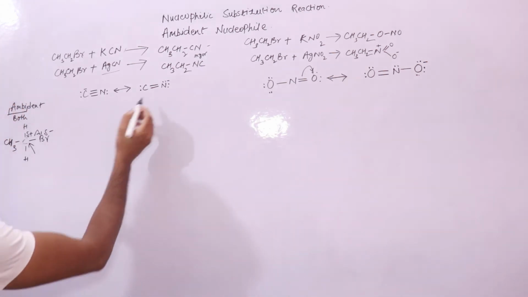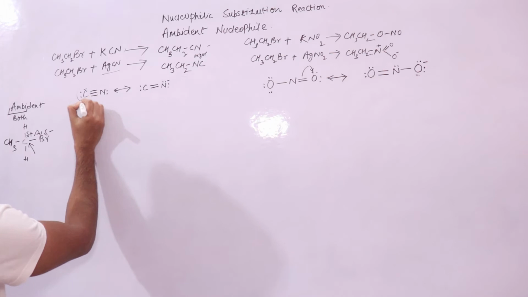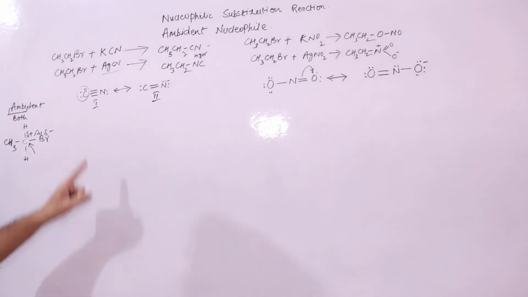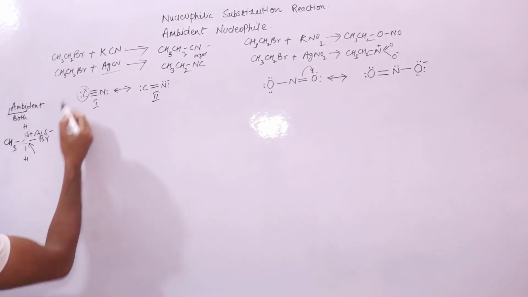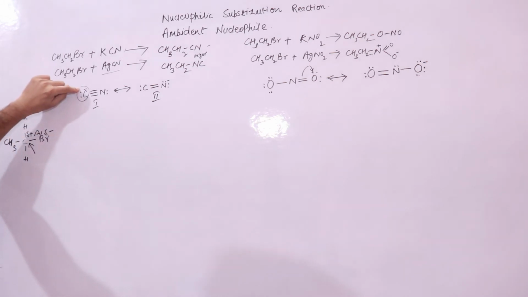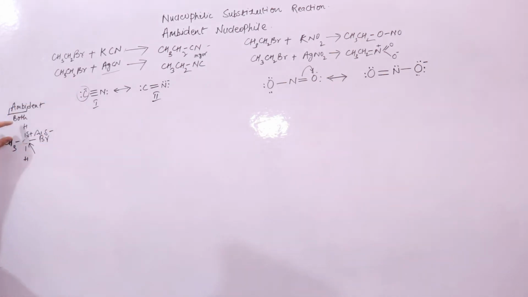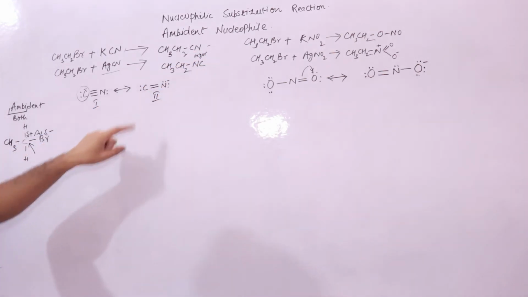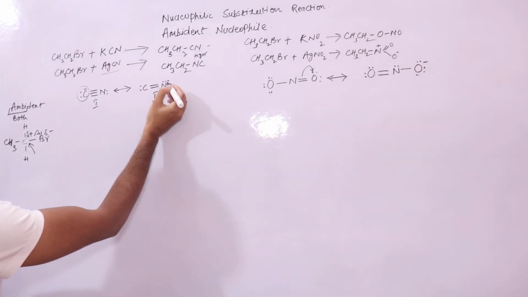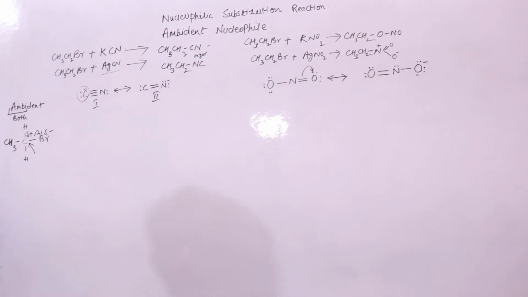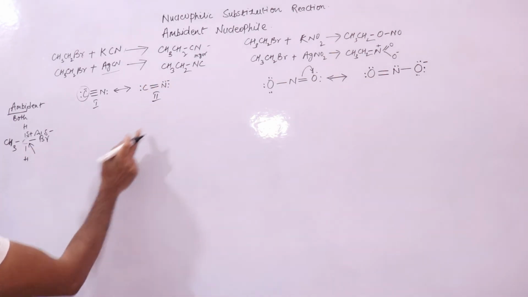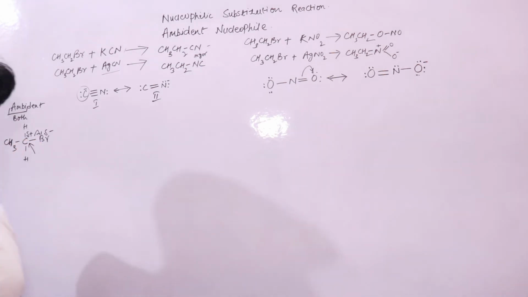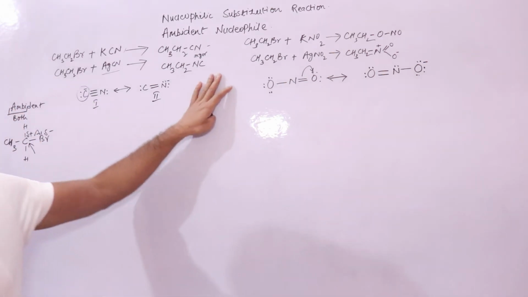And when it attaches through the carbon atom, the negative carbon atom, through the first form, and this is the second form. So when it attaches through the carbon atom of the first form, you can see it has a negative charge, so it will attach itself to this electron deficient positive carbon atom to form cyanide. In the second case, it will attach through the nitrogen atom that has a lone pair of electrons. This nitrogen atom can donate its lone pair of electrons to this electron deficient carbon atom, thereby forming a bond with it, to form an isocyanide.